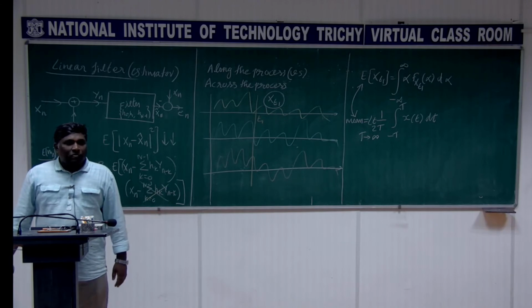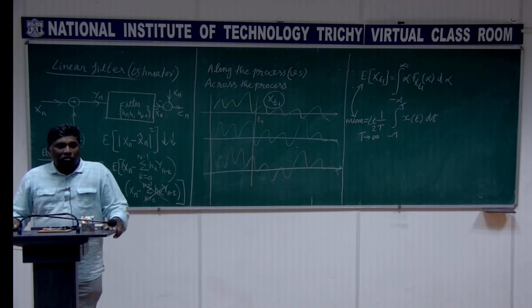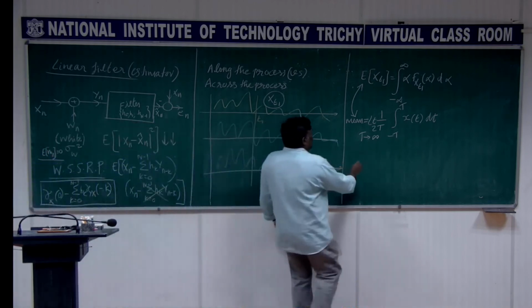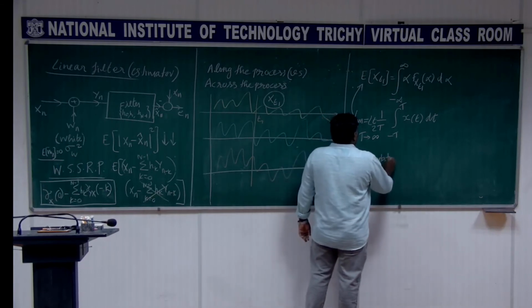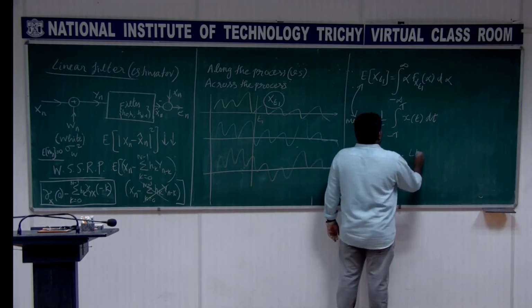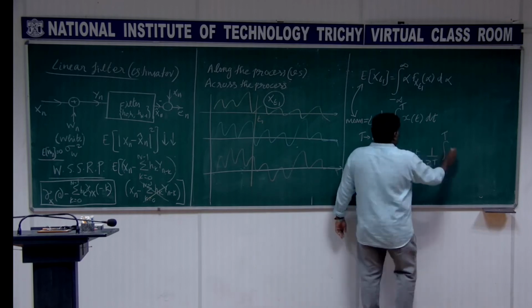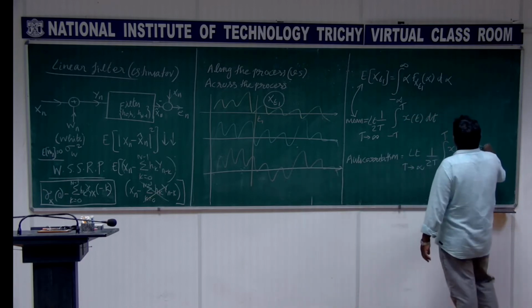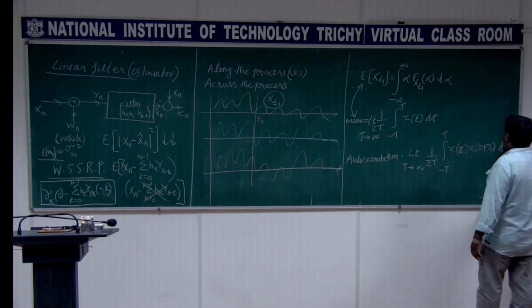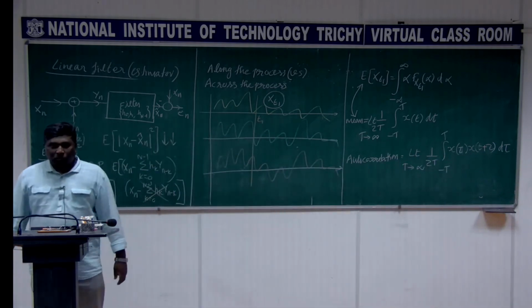In the same way, I can find out the autocorrelation. Along the process, how will you find autocorrelation? We know that, right? So, autocorrelation, I mean almost the same expression we are going to use here, except that we use two signals here. One is x of t, and the other is x of t plus tau. I put it as tau here. If you want that output to be a function of t here, this is d tau. x of tau, x of t plus tau, d tau.